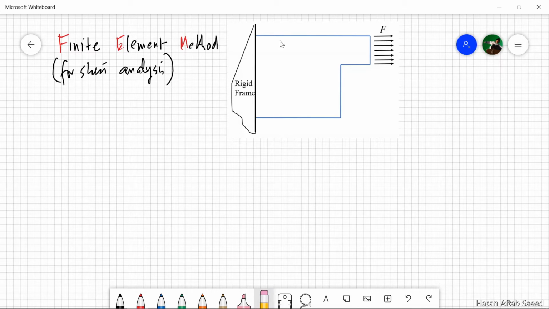The finite element method allows us to solve stress analysis problems that we cannot solve analytically. Take this problem as an example. This irregular shaped plate of some thickness is subjected to a force here and is attached to a rigid